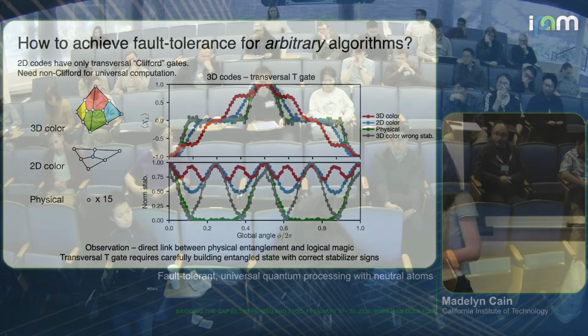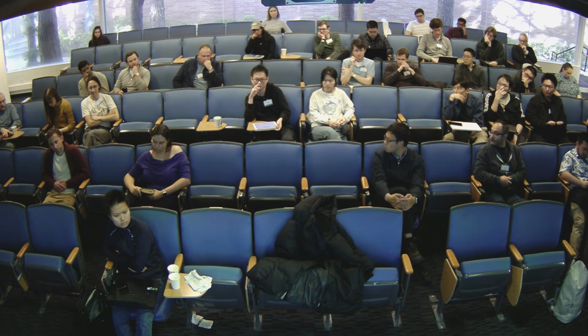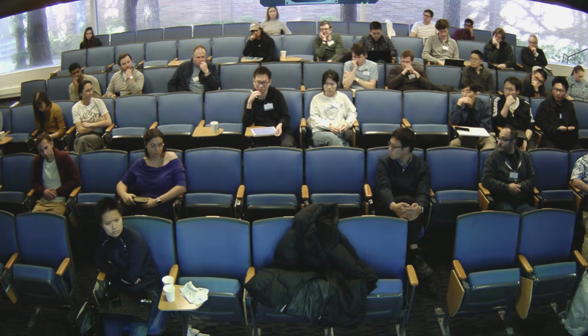Yeah? I have a question about this. This statement about physical entanglement being necessary for logical magic, is this a statement only for the 3D color code, or do you think it's a general statement for all codes? It's a general statement. For like literally all codes? Yes, for codes with transversal non-Clifford gates. In order to do the gate correctly, you have to prepare this very special entangled state to get the desired logical action.